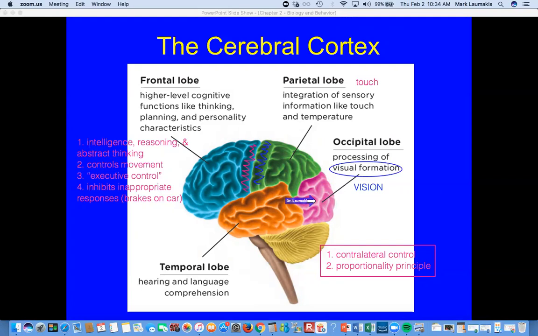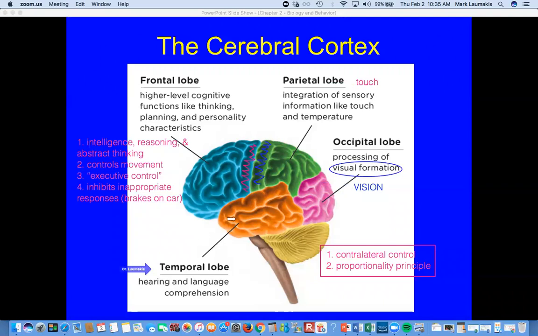You can see stars if you bang the back of your head, if you fall down and bang the back of your head, or if someone hits you in the back of the head during a football game or a soccer match. If you damage this visual cortex here in the occipital lobe, you can end up with what's called cortical blindness. So you can get partial or complete blindness as a function of damage to this occipital lobe. So that's vision. So parietal lobe is touch, occipital lobe is vision.